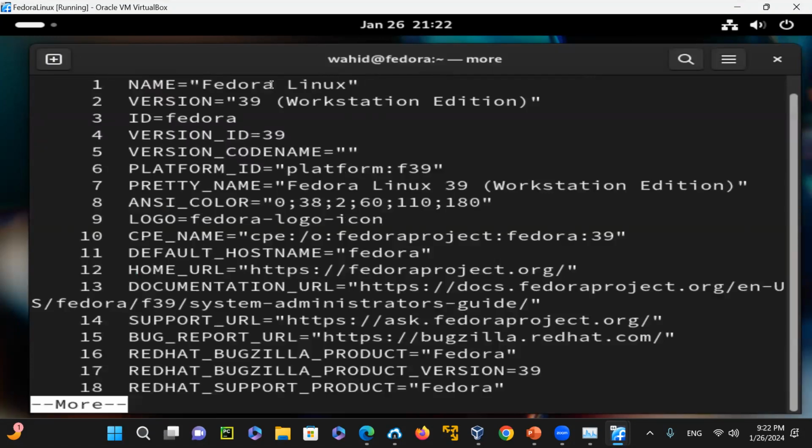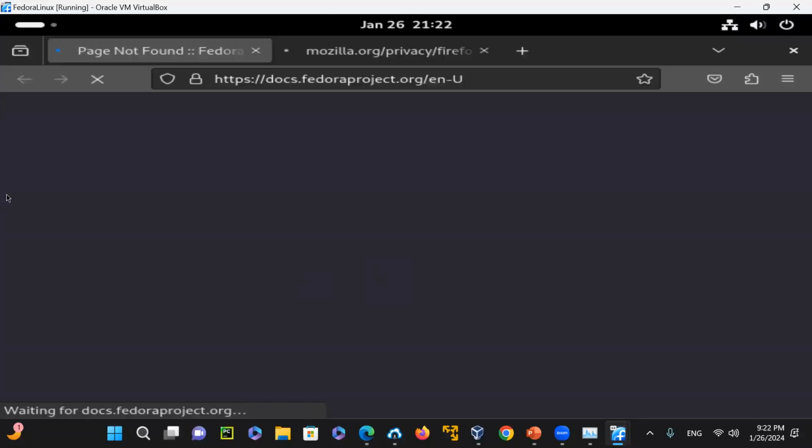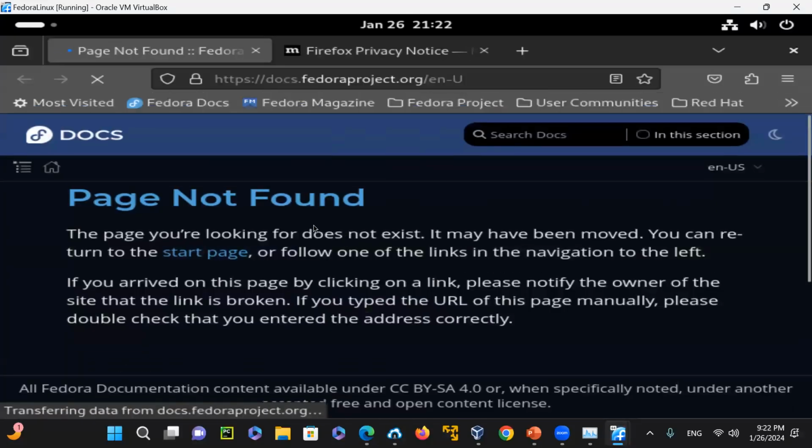You can see on the first line it says Fedora Linux, and then the release version is 39. The ID is fedora, and the code name is Fedora 39. It is for that platform. So you can see all the details here, with the documentation URL where you could get the documents. If you open this one, then obviously Firefox will open. As I Control-click on it, it opens that Fedora page, not found, but